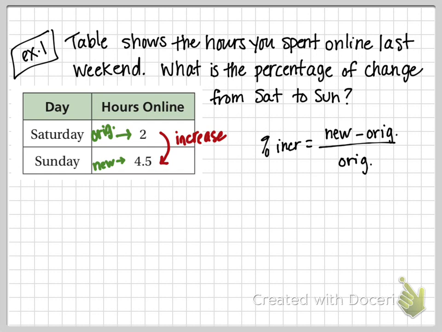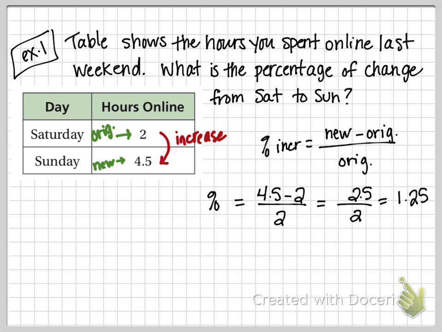So percent increase equals the new amount, 4.5, minus the original amount, which is 2, over the original amount, which is 2. Okay, let's simplify our numerator. 4.5 minus 2 is 2.5. Divide by 2, and we get